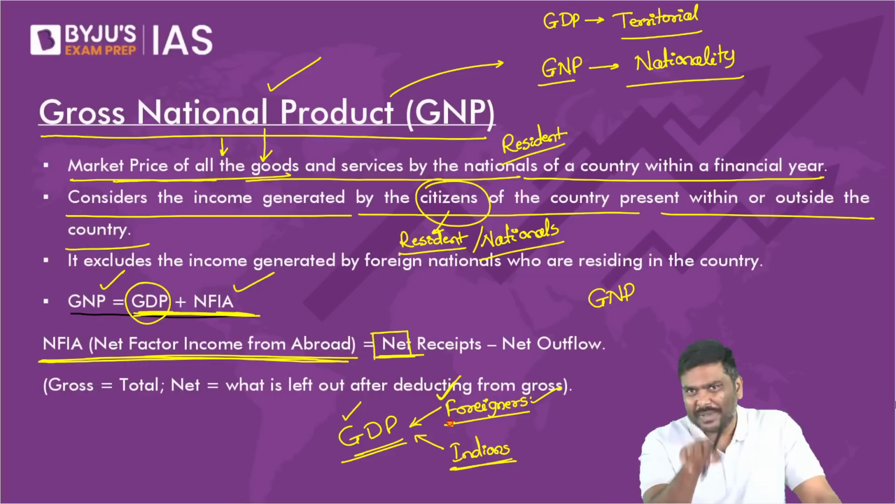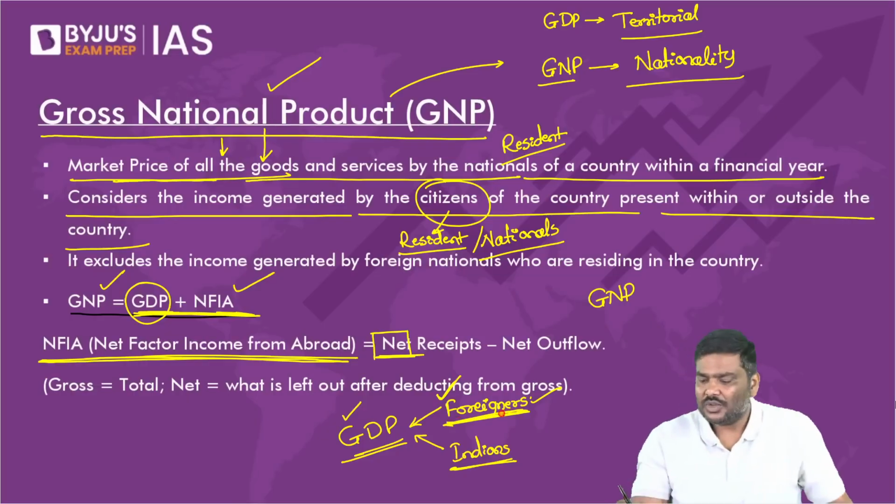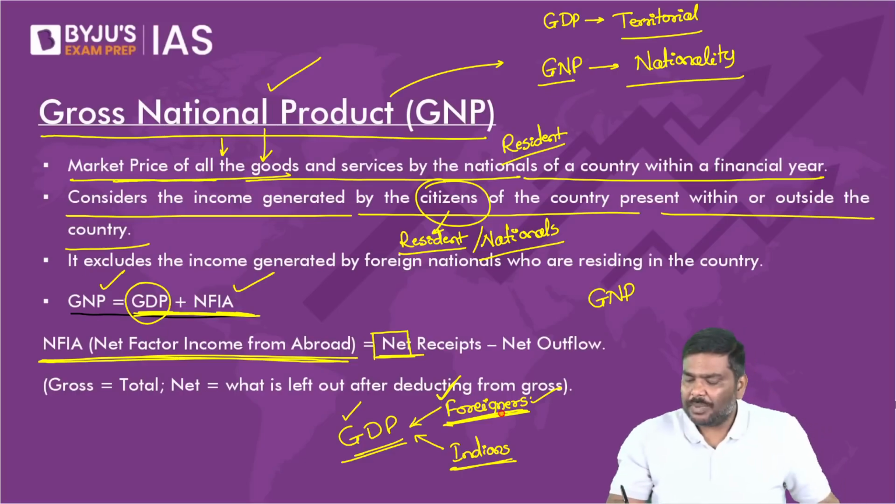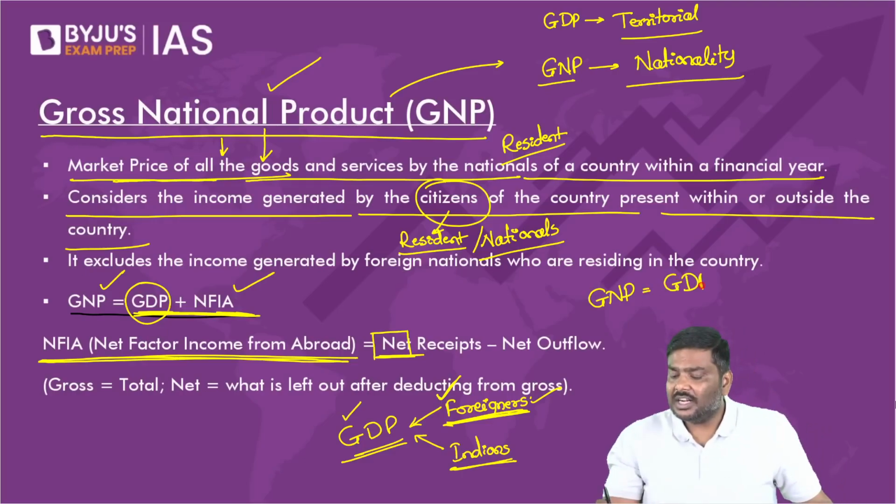Your answer will be no. All of you will agree? So can I write like this? GNP is equal to GDP minus salary earned by foreigners living in India. But on the other hand,